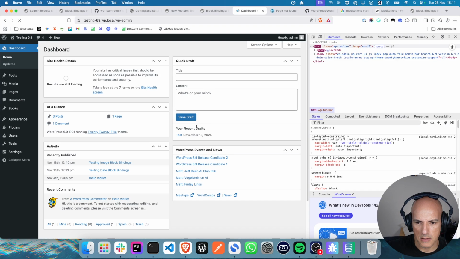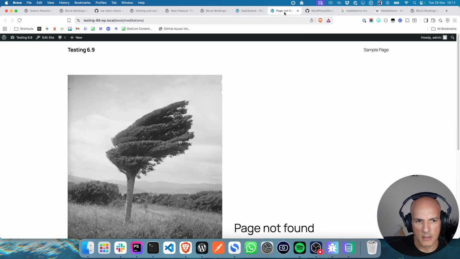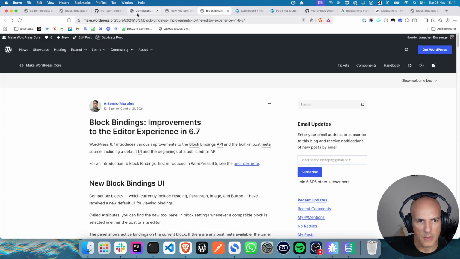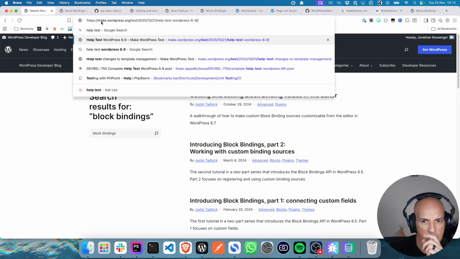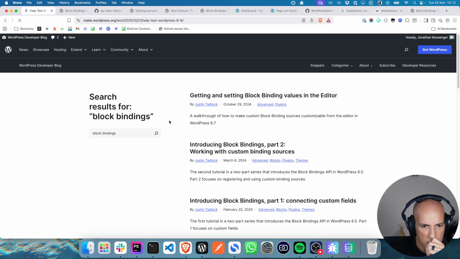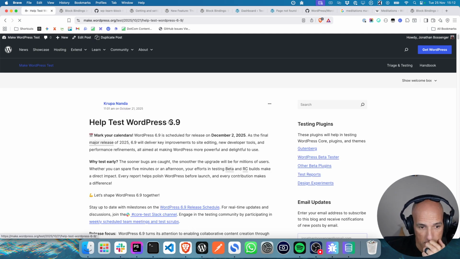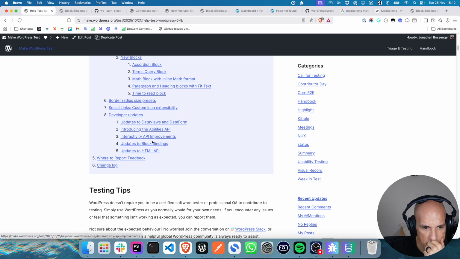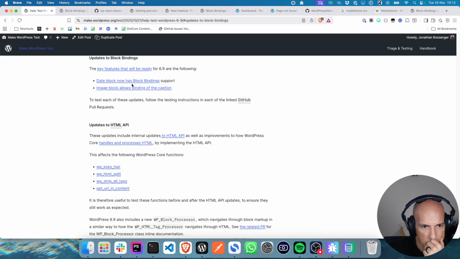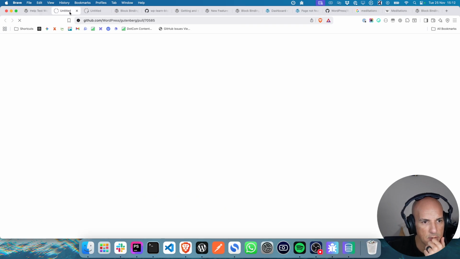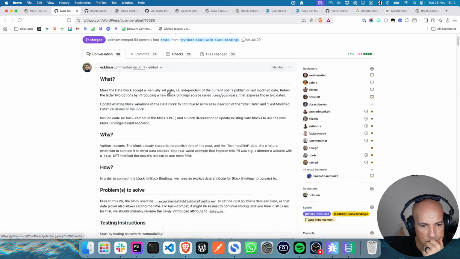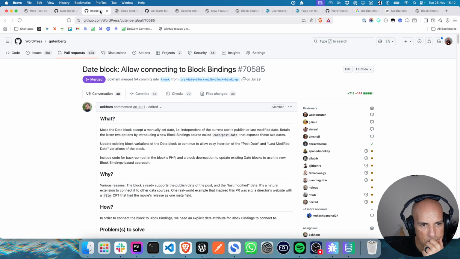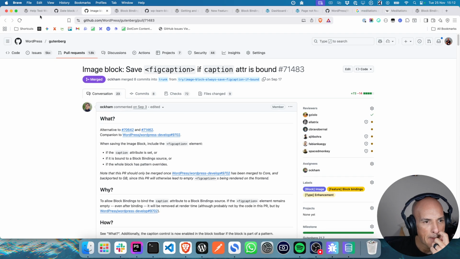So kind of happy with that. For the block bindings updates, I think I'm going to check in with Juanma after this, because I couldn't quite get it to work the last time. That's fine.